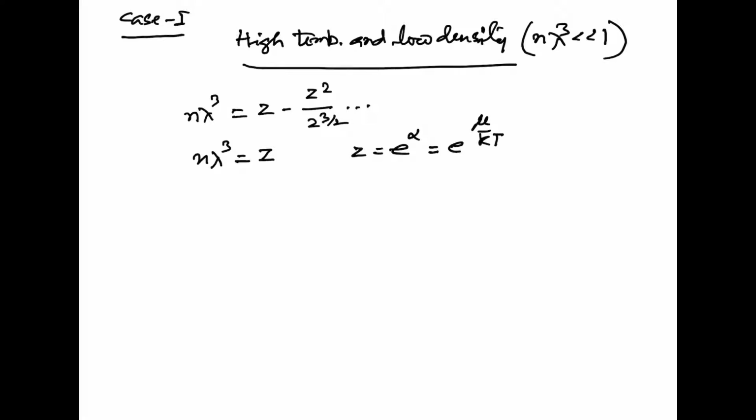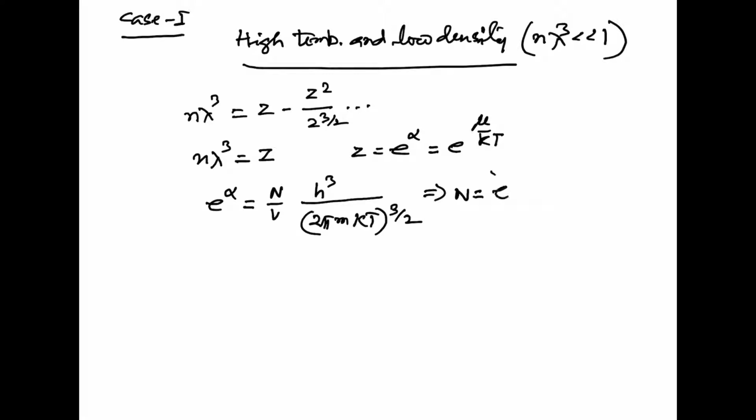So from here, because z is e to the power alpha, we get e to the power alpha equal to n, where n is N by V, and for lambda cube we can write h cube divided by 2 pi m kT to the power 3 by 2. So from here we get N equal to e to the power alpha V 2 pi m kT to the power 3 by 2 divided by h cube. This relation